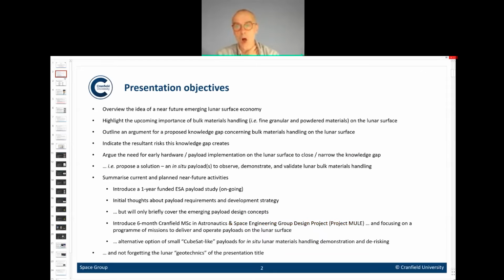So the idea, and I apologise, some of these slides are slightly wordy, but this just gives you a rough breakdown of what I'm going to talk about. First of all, an overview of what we think a future or near future lunar surface economy is going to be. Secondly, highlight within that the upcoming importance of bulk materials handling, which is really the focus of this presentation. By bulk materials, a term used commonly in industry on Earth, we really mean handling primarily fine or granular